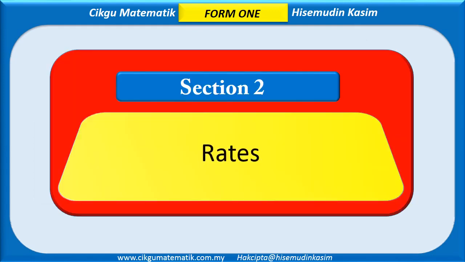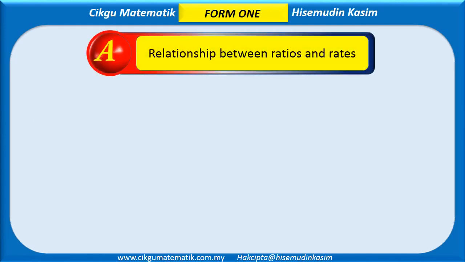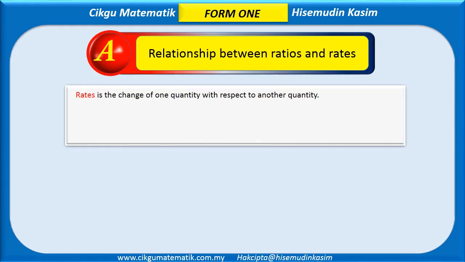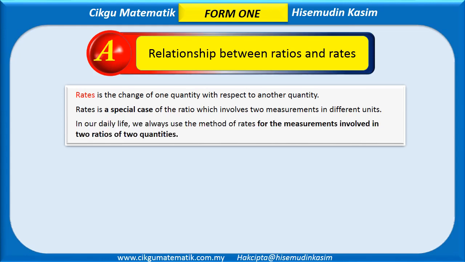Section 2. Rates. A. Relationships between ratios and rates. Rates is the change of one quantity with respect to another quantity. Rates is a special case of ratios which involve two measurements in different units. In our daily life, we always use the method of rates for the measurements involved in ratios of two